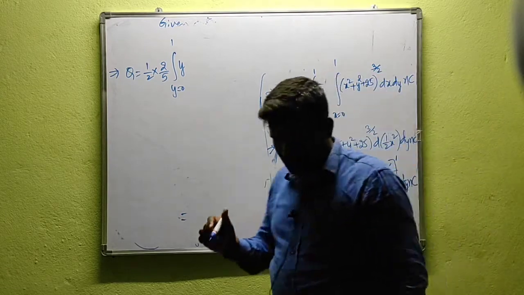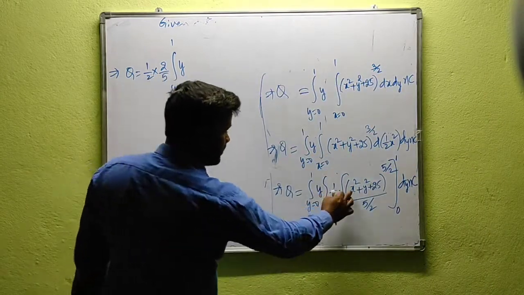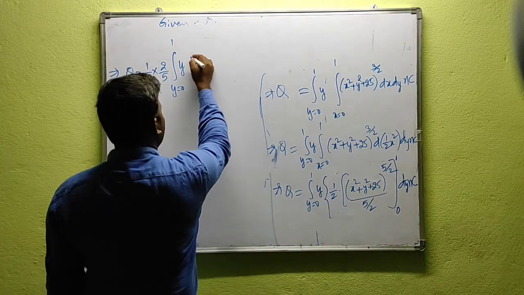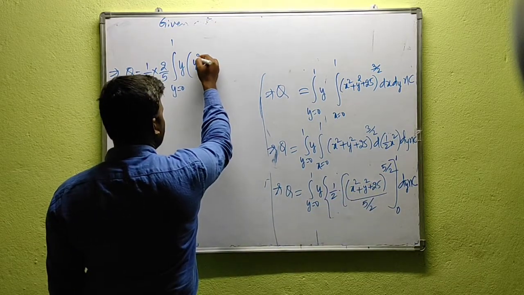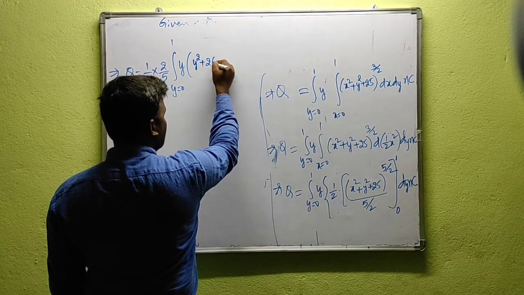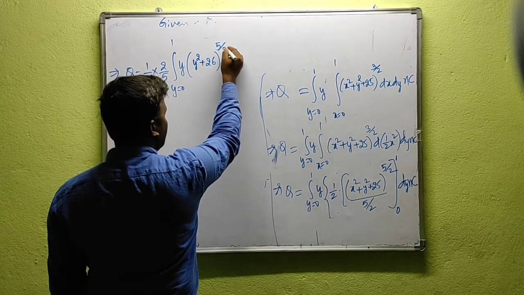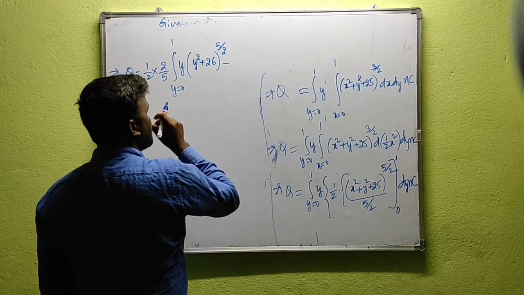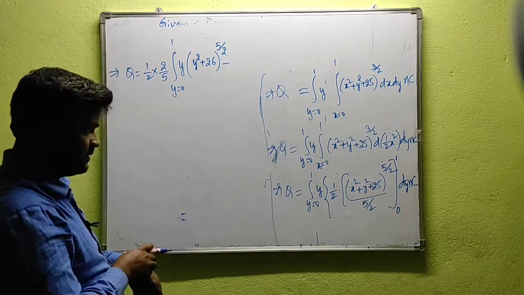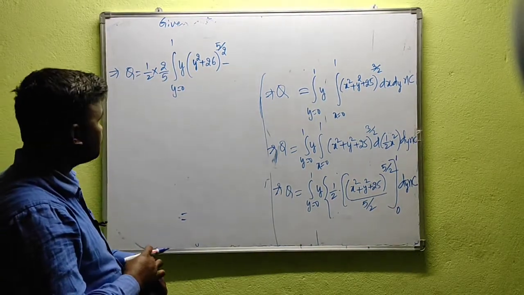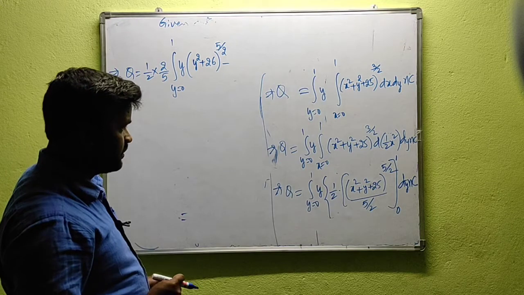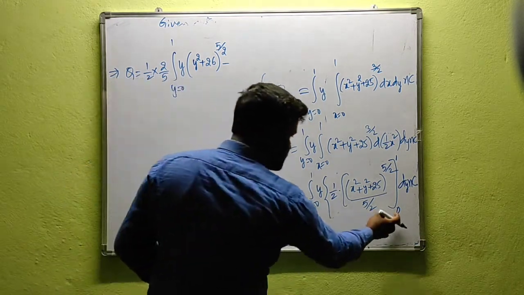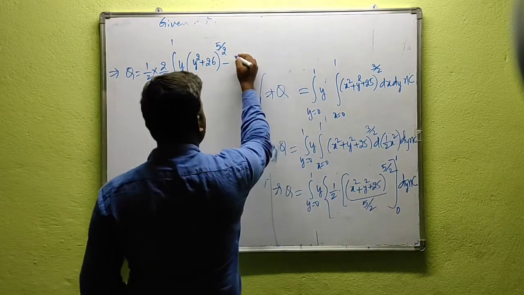So this can be written as what? For the upper limit we need to substitute x as 1, that is 1 plus 25, that means y into (y square plus 26) whole power 5 by 2, minus y into (y square plus 26) whole power 5 by 2. And next, if you substitute x as 0, then we will get y square